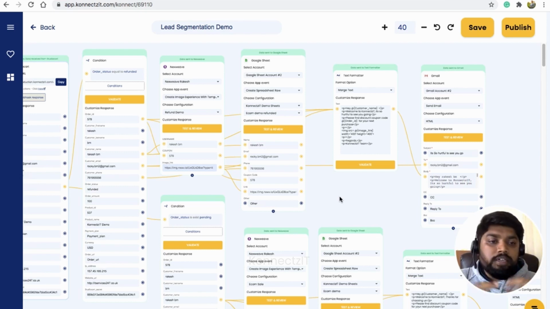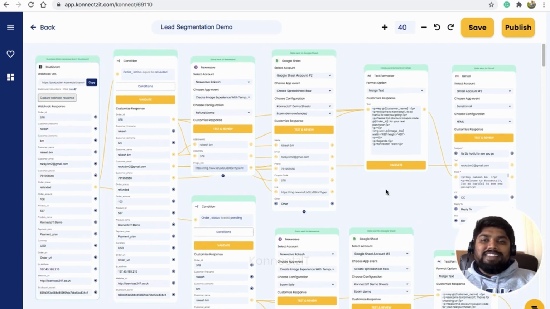I used Google Sheet just for reference. For notification you can use other apps like SMTP for sending through your domain, or applications like 360dialog for sending a WhatsApp message, or even a text message. This is how you can connect between two different apps.